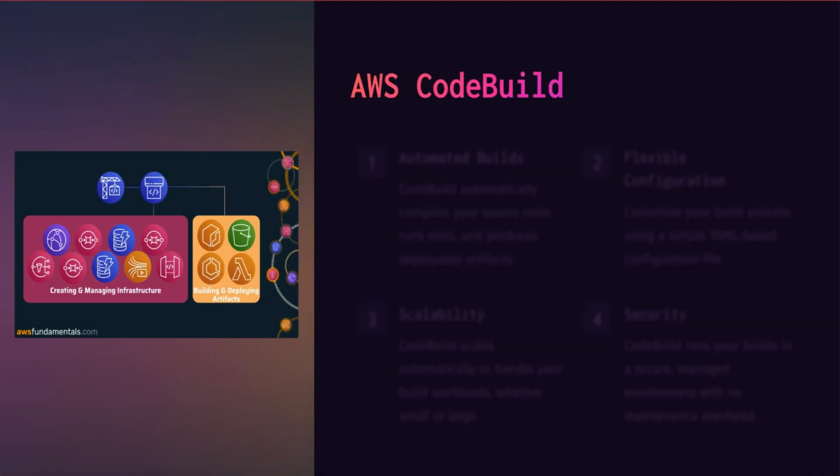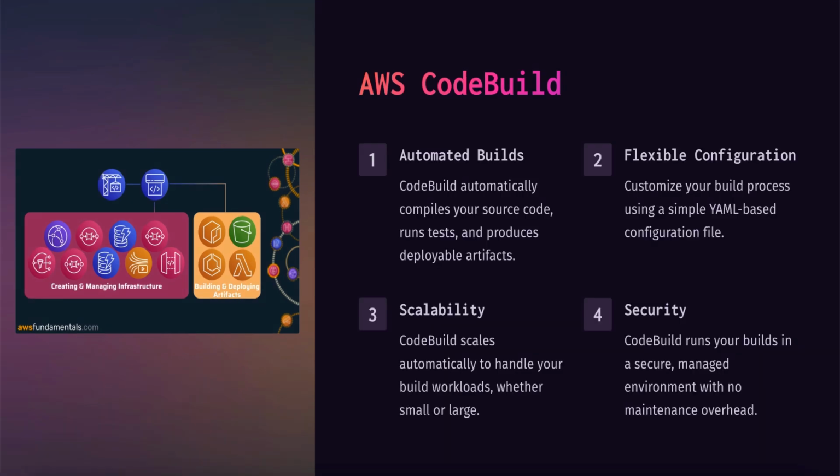The fourth tool on our list is AWS CodeBuild. AWS CodeBuild is a fully managed continuous integration service that compiles your source code, runs tests, and produces software packages ready for deployment. With AWS CodeBuild, you don't have to worry about managing your build servers or scaling your build capacity. AWS CodeBuild scales automatically based on your traffic, which means you can focus only on writing code